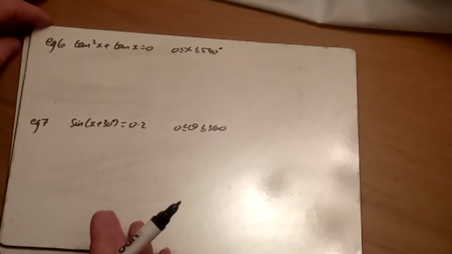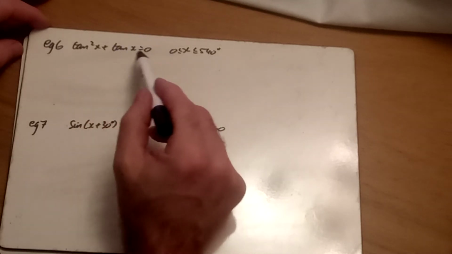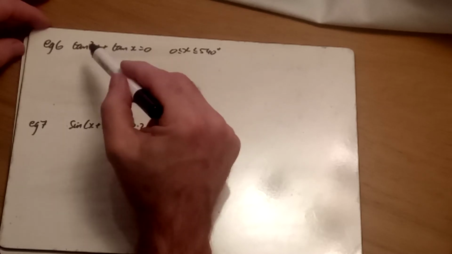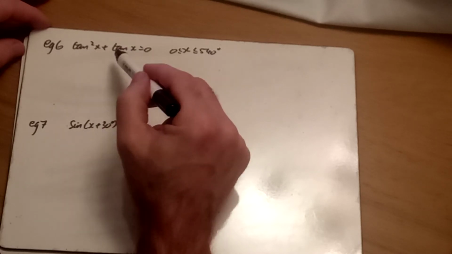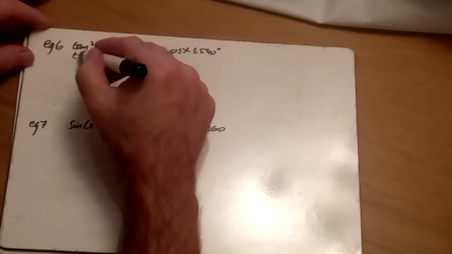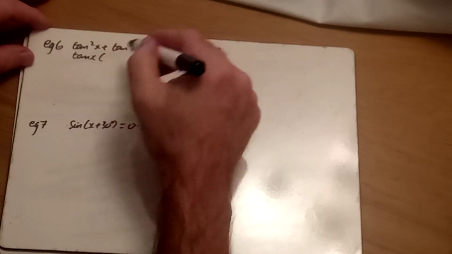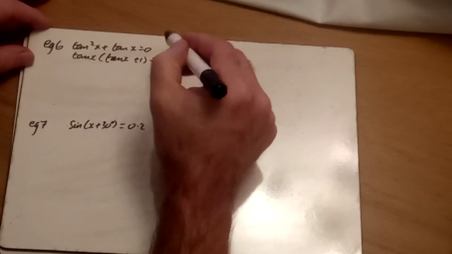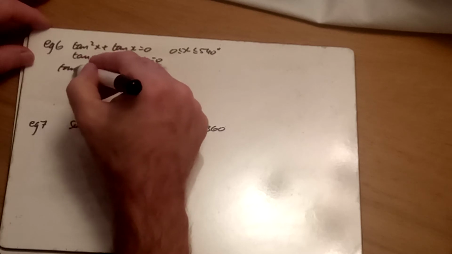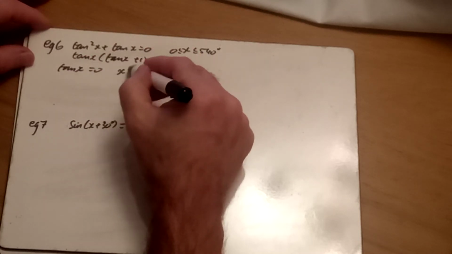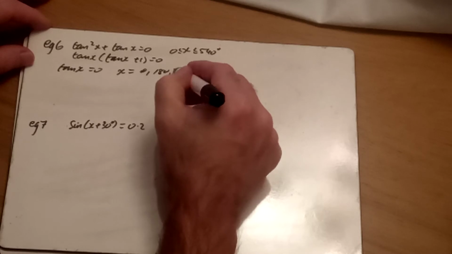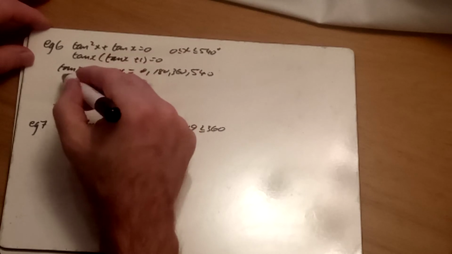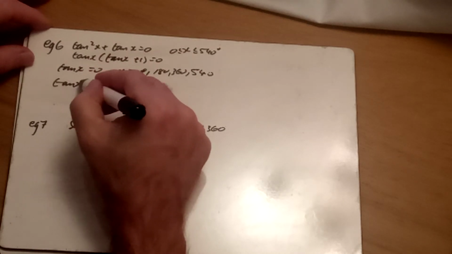A couple more examples here, similar sort of thing. Quadratic, no constant, so I've got a common trig factor. I can cancel it, but I must remember that tan x equals naught is a solution set. The better way to actually show it is to factorise it, tan x rather than tan theta, sorry. So I've got tan x in the brackets plus 1 equals 0, so either tan x equals naught, so x is naught, 180, 360, or 540, up to and including 540, so four solutions there,